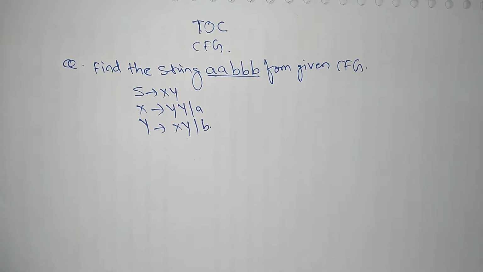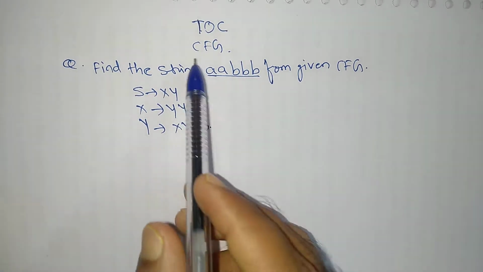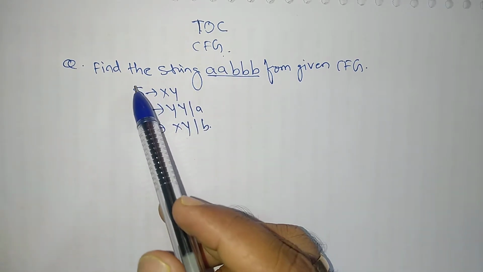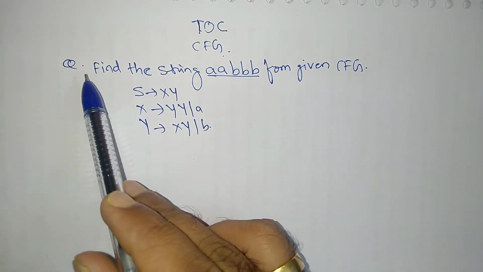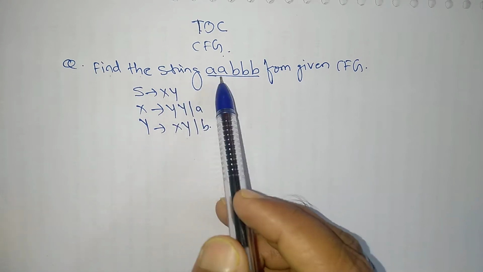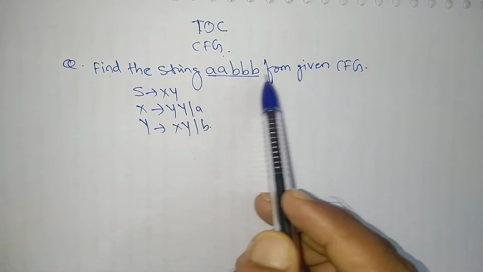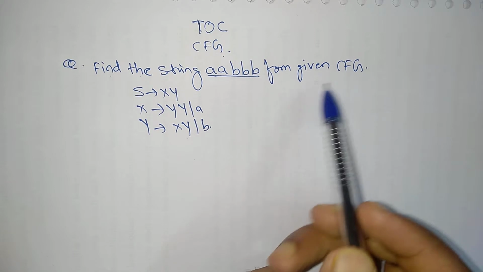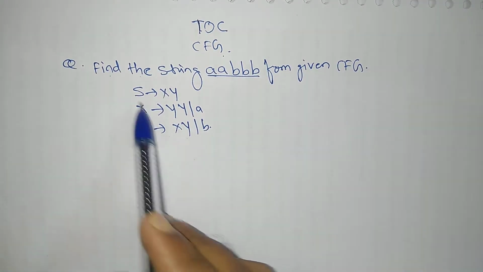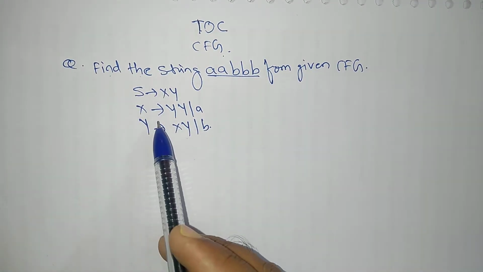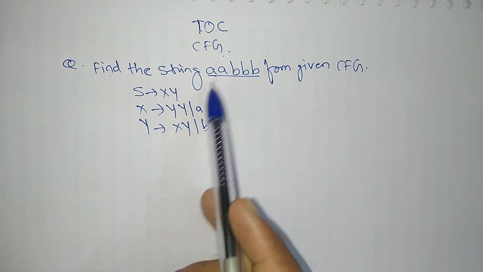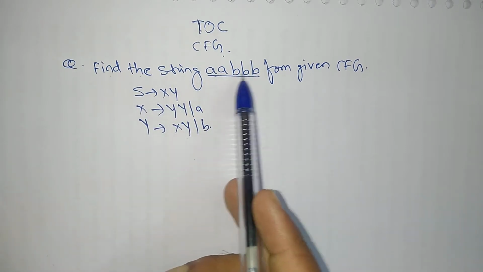Hello all. In today's lecture we are going to see context-free grammar. Under that we will see some problems. The problem is to find the string AA 3 times B from the given context-free grammar. This is the grammar given to us, and we have to check whether we can get AA 3 times B